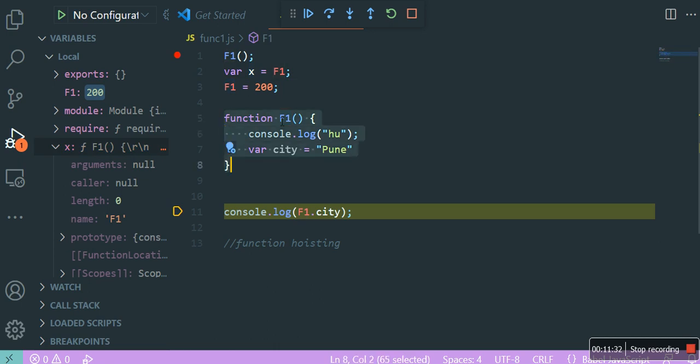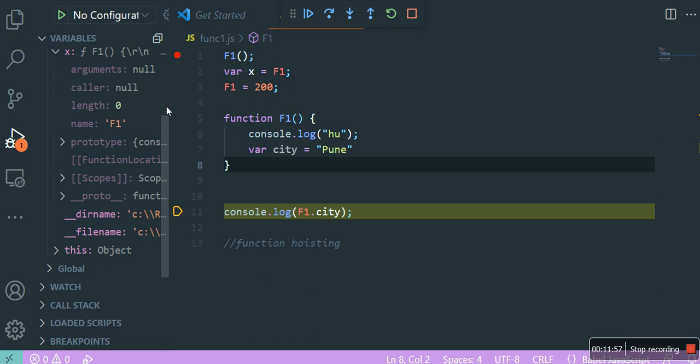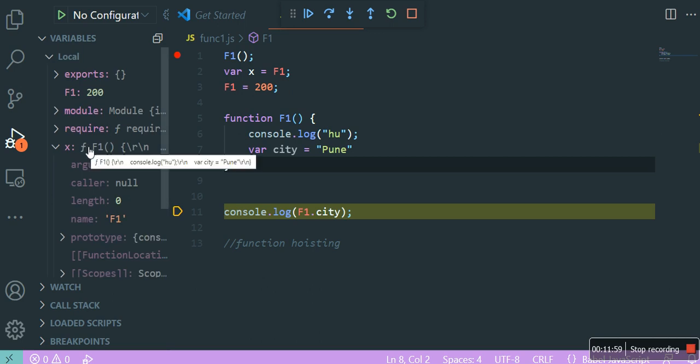But F1 is different and function F1 is different. ये हम समझ नहीं पाते. F1 and function F1 are not the same. F1 is the variable and function F1 is the value of that variable. And function F1 has not only the body, we have all the properties like arguments, caller, name, prototype, length, everything. A lot of things are there. Objects में जो भी होगा, it will be there in the function itself, plus additional properties of a function like prototype, which is always there in the function, correct?